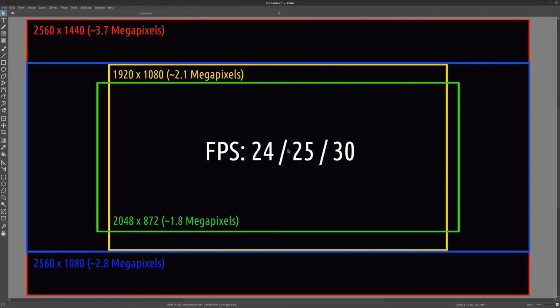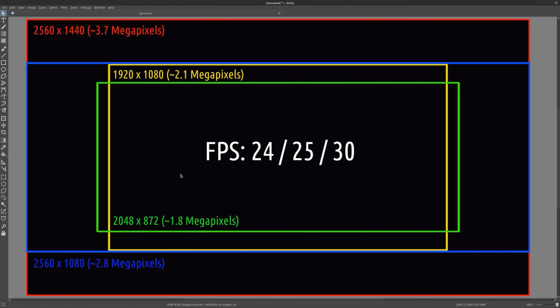So the BlenderMan video was rendered at 24 frames per second, which again is more of a cinema type frame rate. Here in Europe, where I live, the default is 25, and in the States the default will be 30. Now, again, if you look at these frame rates, you might say, well, between 24 and 25 there's not much of a difference. True, there isn't, but if you're in America and you're using 30, if you're only having to render 24 frames for every second rather than 30, well, you're saving yourself quite a lot of time again.